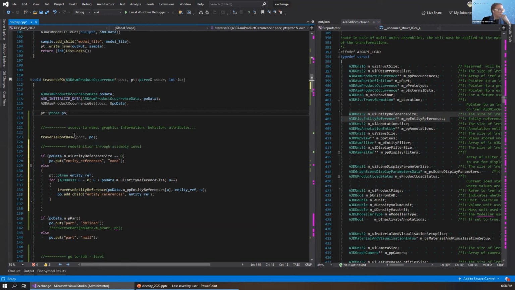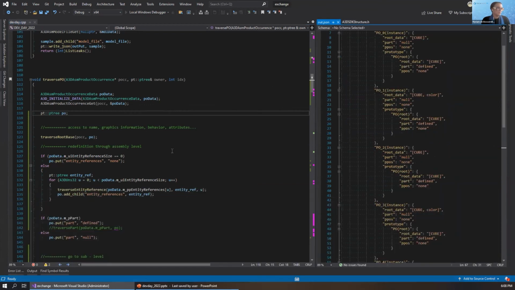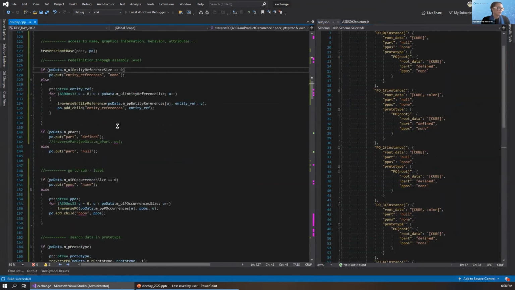So with the same mechanism, we can redefine color, visibility, and so on. So let's traverse that. Again, this traverse can be inspected in the PRC2 XML sample.